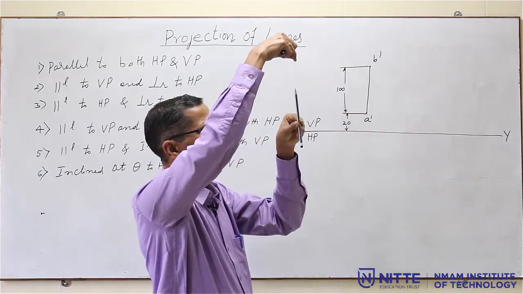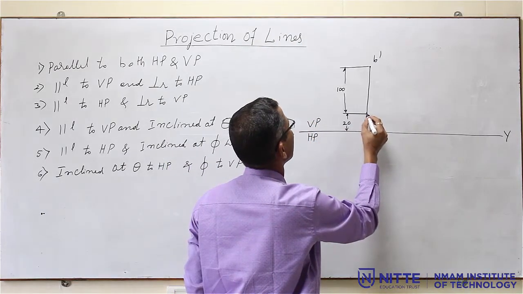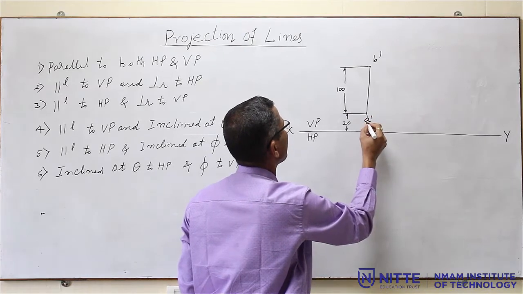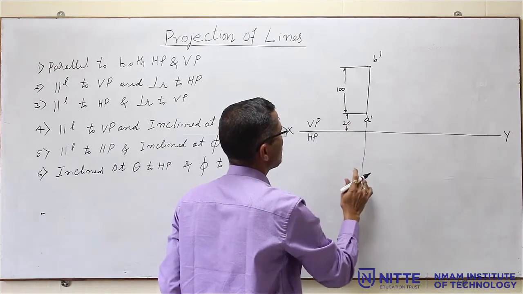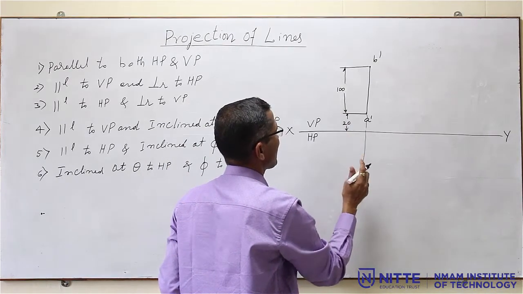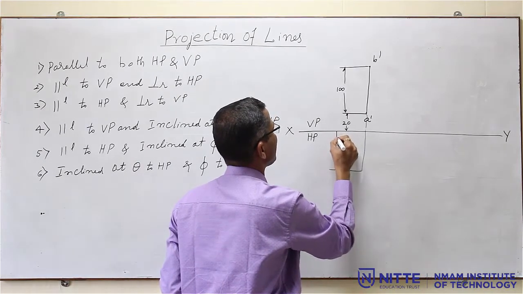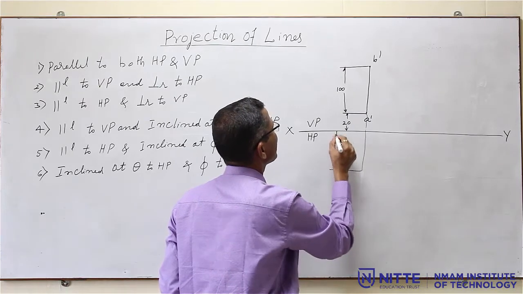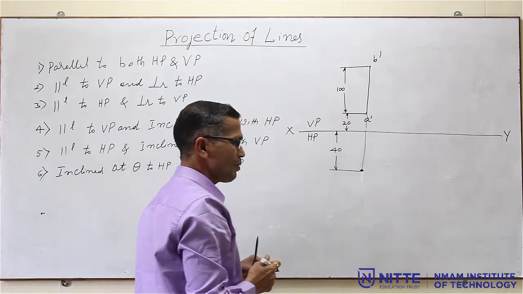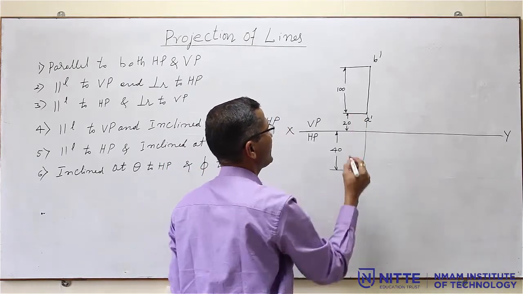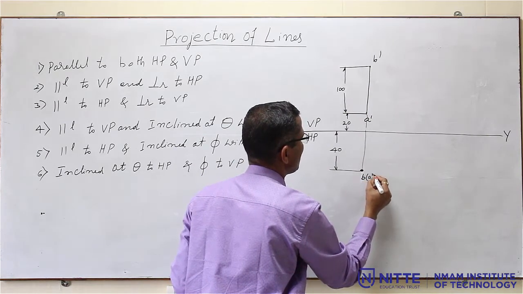What about the top view? If I observe it from the top, it looks like a point. Just project it down, a light 2H line, very light line. You have to use the 2H pencil only. Then this distance will be given, how much in front of VP? 40 mm in front of VP, for example, if it is given. Then you measure this distance and mark the point. Then what is the name of this point now?